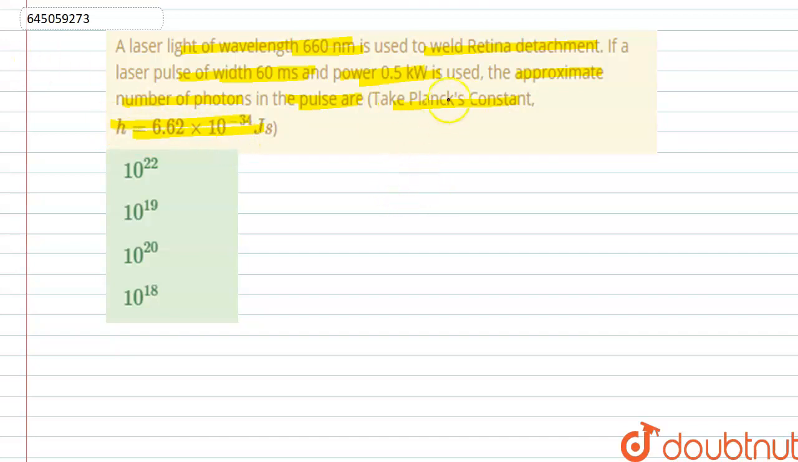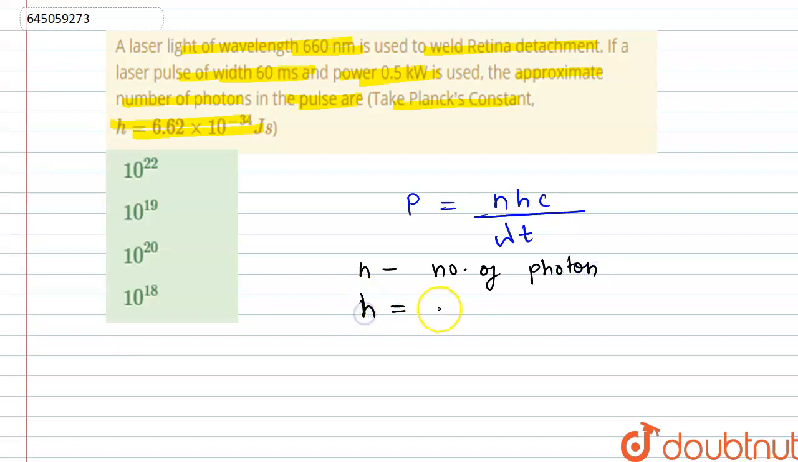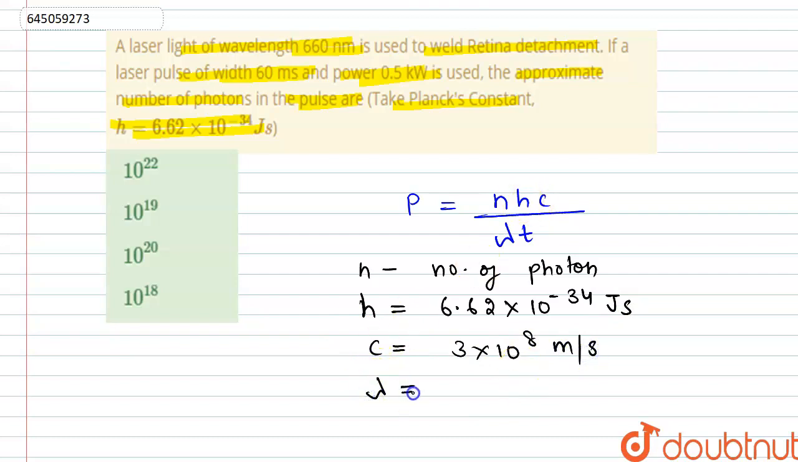So power of laser light used is P equals N h c divided by lambda T, where N is the number of photons, h is the Planck's constant, whose value is 6.62 into 10 to the power minus 34 joule second, c is the speed of light, which is 3 into 10 to the power 8 meter per second, lambda is given as 660 nanometer, which is equal to 660 into 10 to the power minus 9 meter,